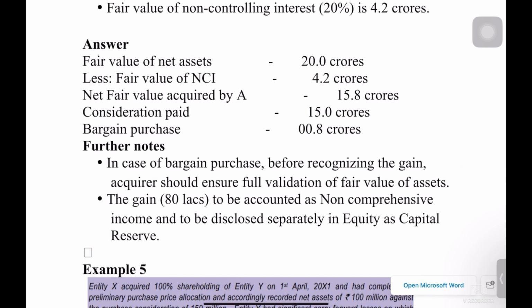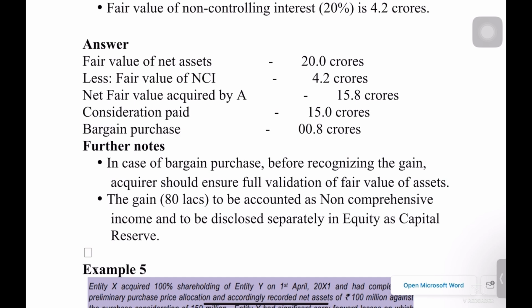Okay, so just a note on bargain purchase. Before the acquirer accounts for the gain on account of bargain purchase, they have to be a little bit more careful that the gain is properly estimated, properly valued. Otherwise, it could lead to a situation that a kind of bogus gain might be recorded into the books. So that will not be allowed as part of the accounting guideline. So all the fair value estimates need to be properly validated, and then only the gain from business combination needs